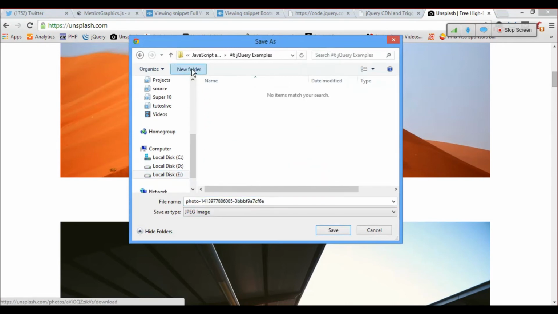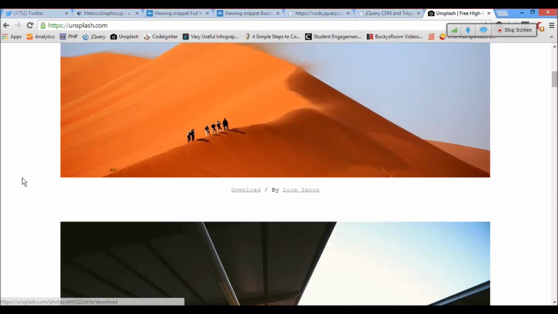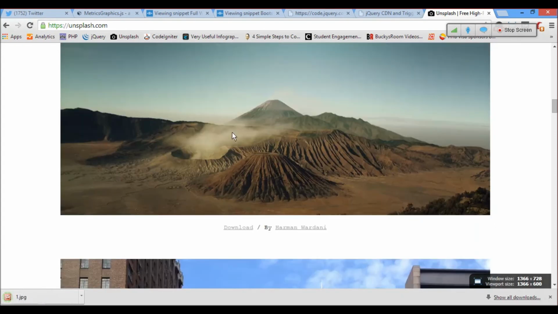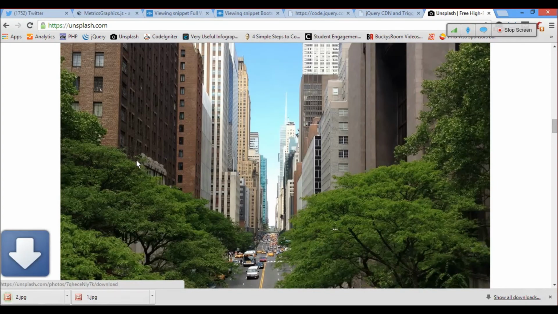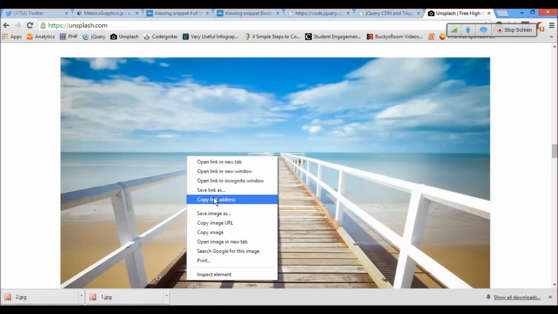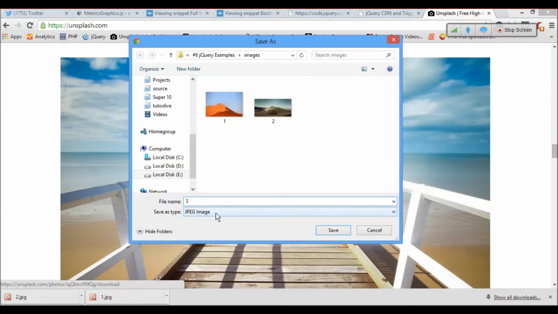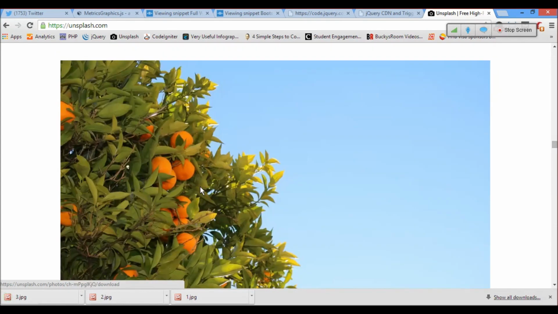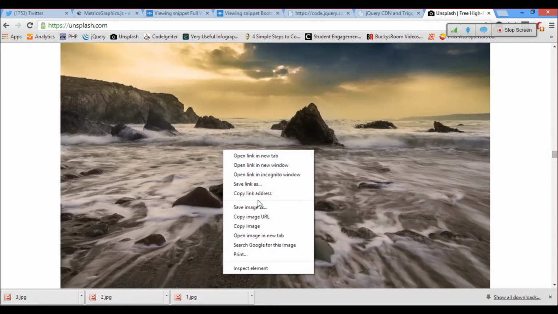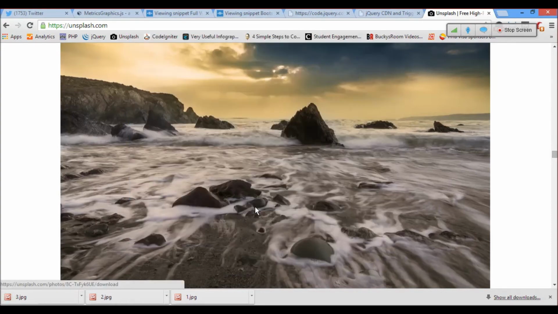As I said yesterday, you're supposed to put images in an images folder. I call this one 1, this one 2, this one 3, and this one 4. You can include as many images as you like. Let's only do 4 here.